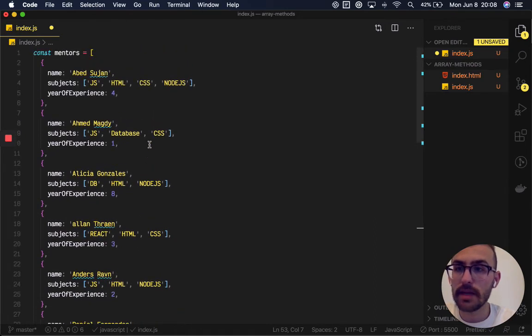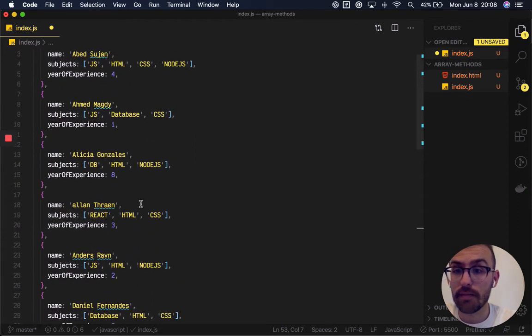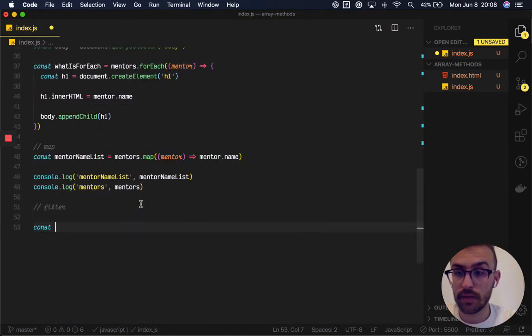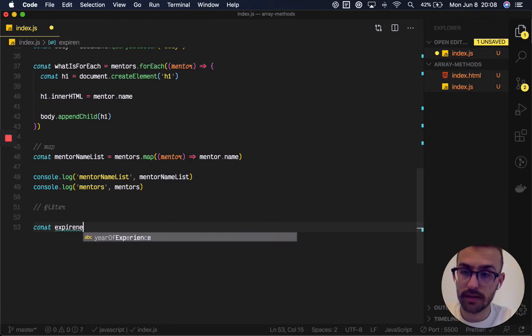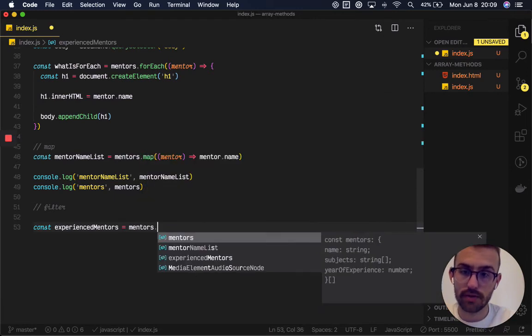Maybe we want all of the mentors with more than 2 years of experience. So let's call it experienced mentors equals mentors.filter,